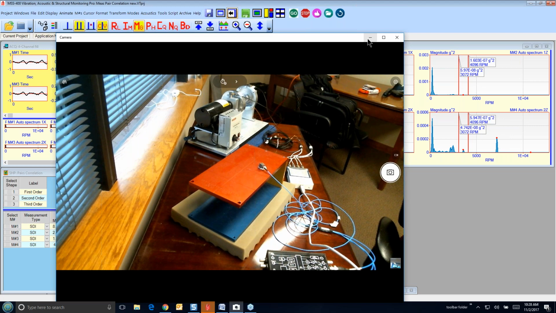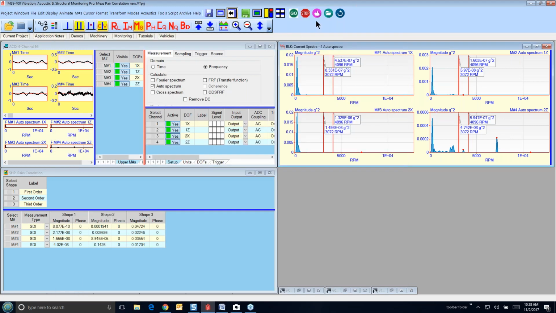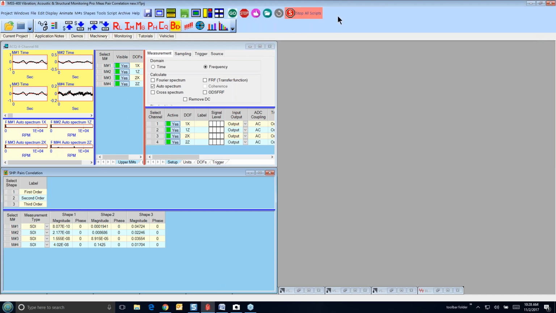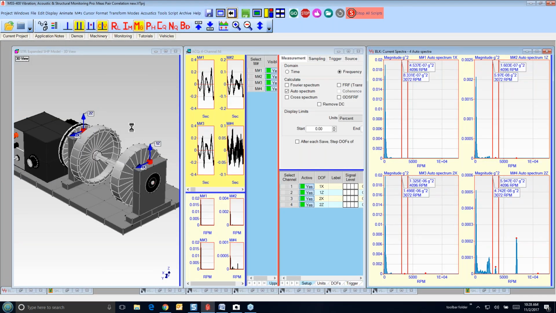So let me just put this back down, and I'm going to start the machine. So let me just turn it on, and I've got 2 triaxial accelerometers mounted on the bearing blocks of the machine. Let me put this up, and you can see that. Now this is a different model.